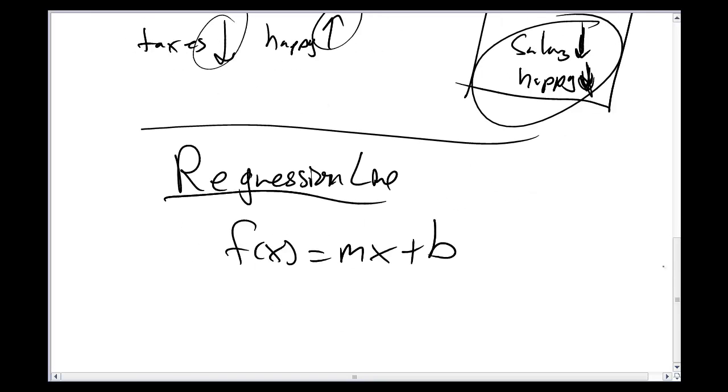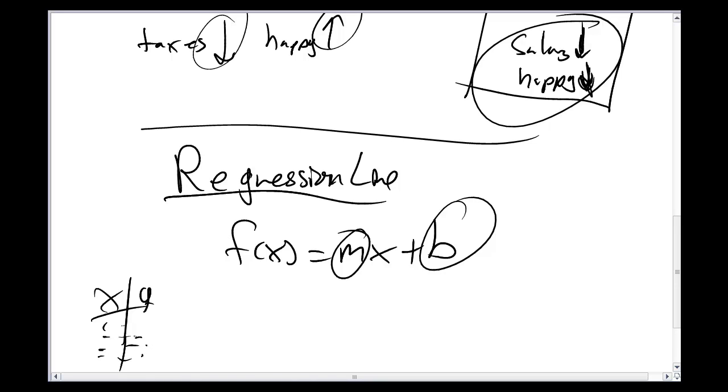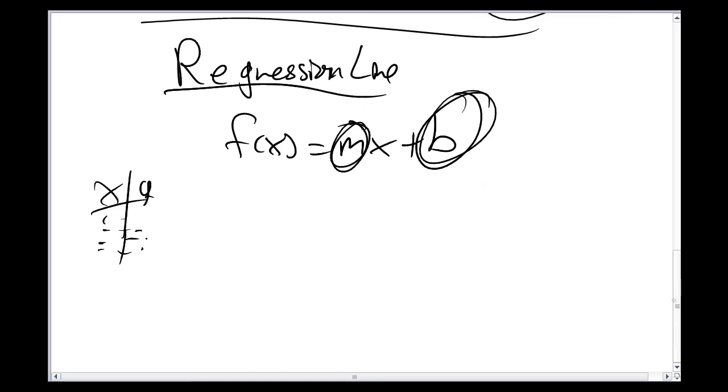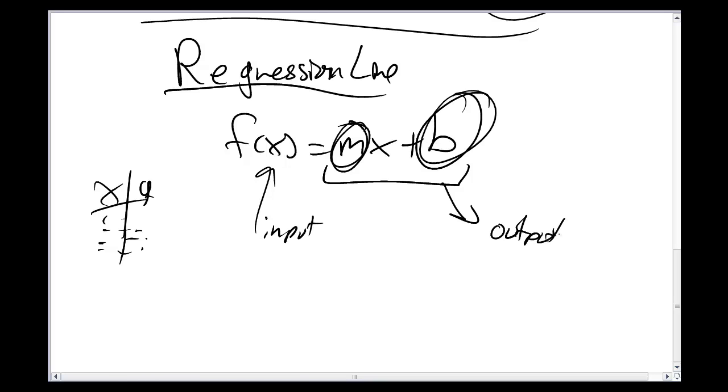And to make this calculation work, you have to calculate m and b based on a long list of x and y values that have been recorded. You're going to plug those in. There's a formula for m, there's a formula for b. You're going to calculate those out. And all this does is it lets you predict, because you can put an input x in, and it's going to calculate for you the expected output for that relationship. And so this tries to just explain what that relationship is as a formula. And so then you can make predictions.